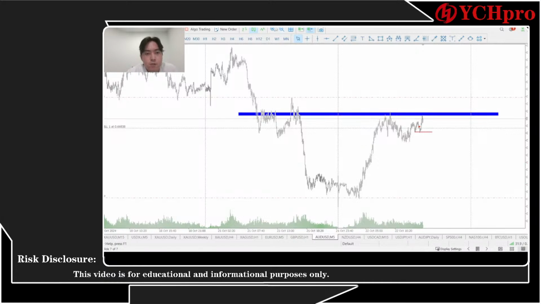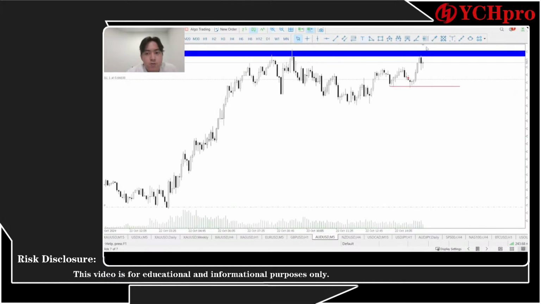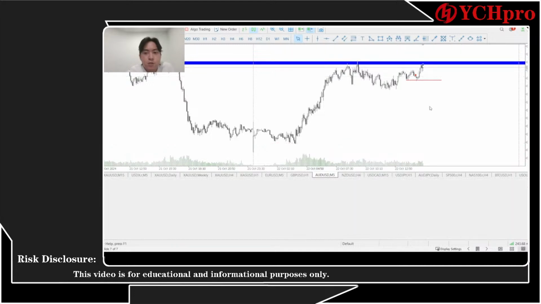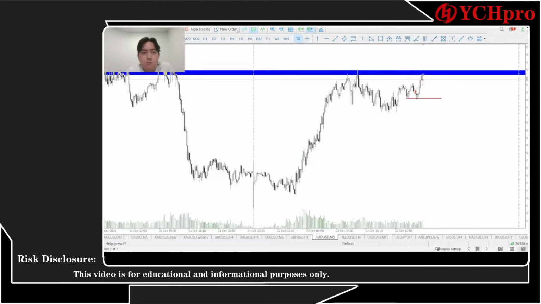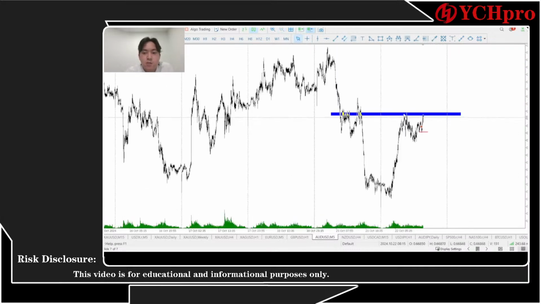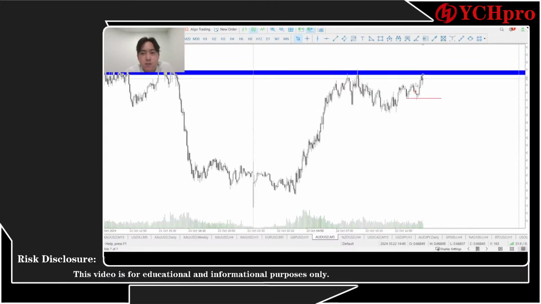Not so sure about AUD though, to be honest, because the price is going through really strong momentum. It seems like the market is going higher. I might be closing out, to be honest. Yeah, I think I'm closing out my AUD pairings because it's showing signs of going higher. So we'll be taking a loss. Not much, to be honest, maybe 6 pips, because the price seems to be going higher. And once the price really breaks through this area, I'm thinking that the market might continue going higher and higher. So I'll be taking out my AUD pairings.